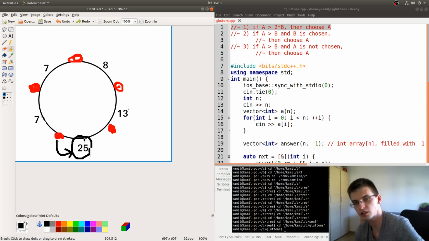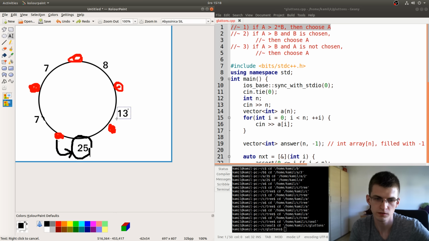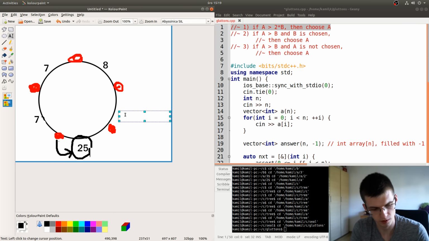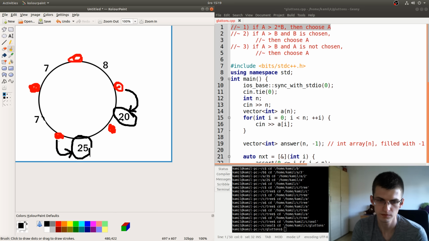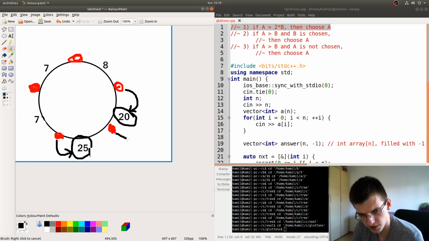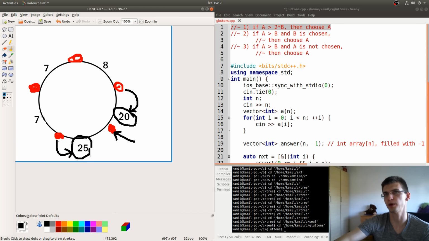So a cake that only he would choose. I think a counterexample for that would be, what if here there would also be a big value, for example 20 or 25, then this person chooses for sure this cake, and we have a strange situation for this person, because we can't say that now for every person we take a not taken cake, because this person must take something that is taken already.